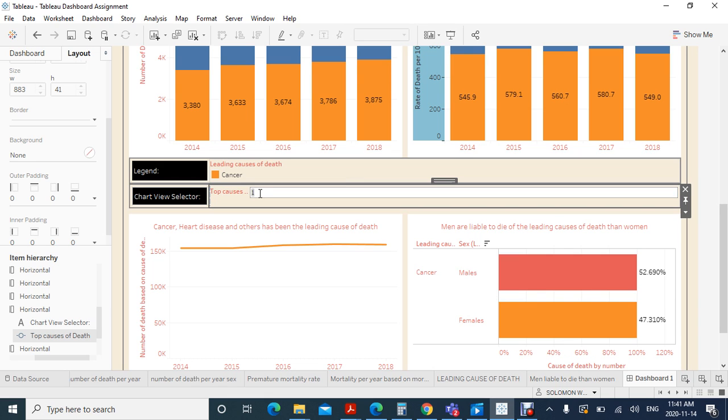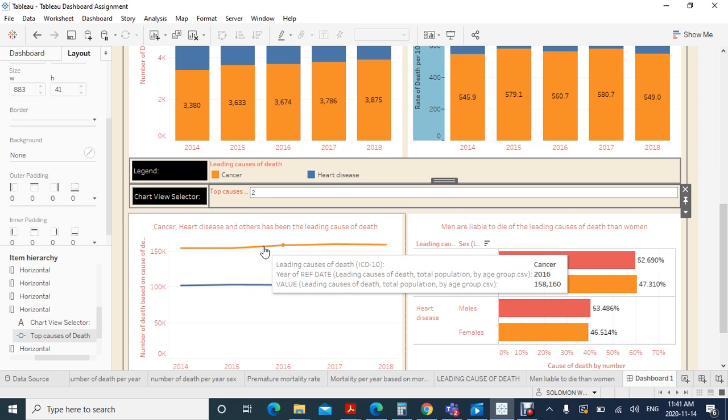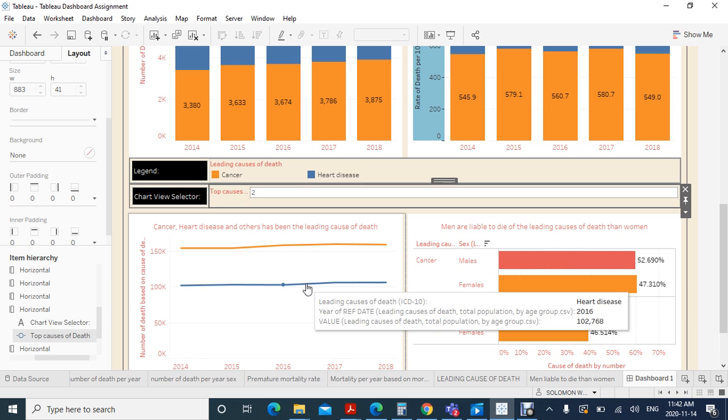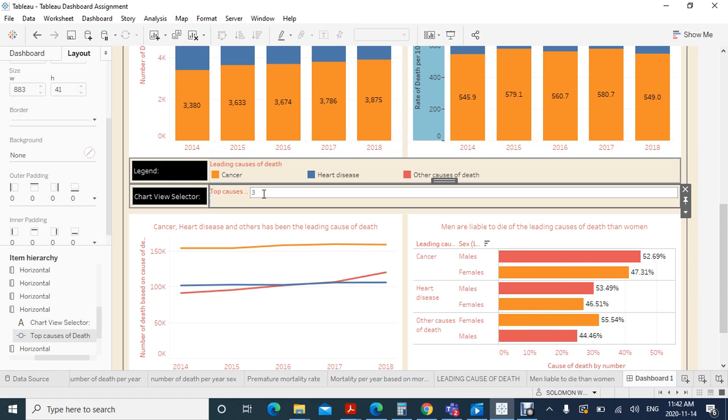So if we take it to 2, you can see from my parameter top causes of death, the first two causes of death are, the first one is cancer, the second one is heart disease. So let's take it back to 3 to what it is. So cancer, heart disease, and